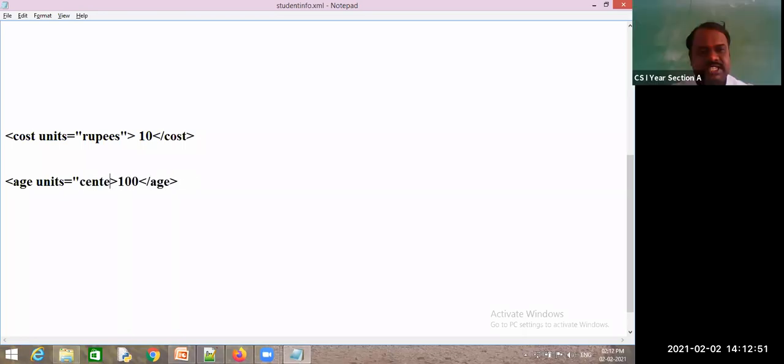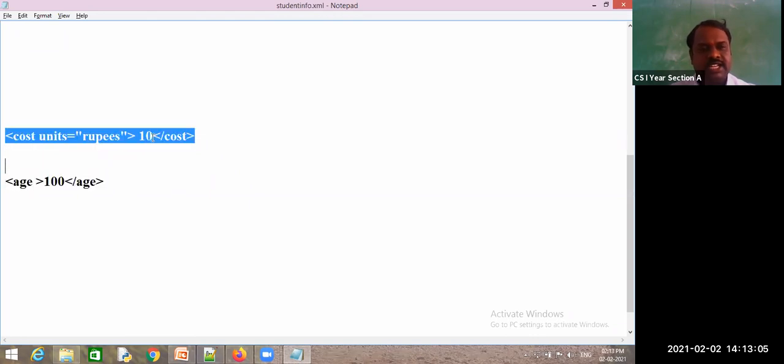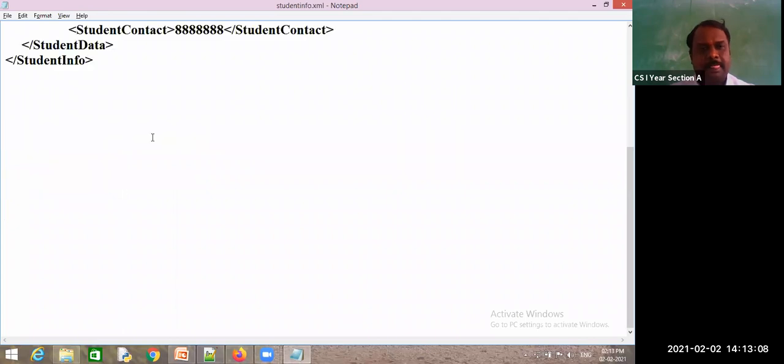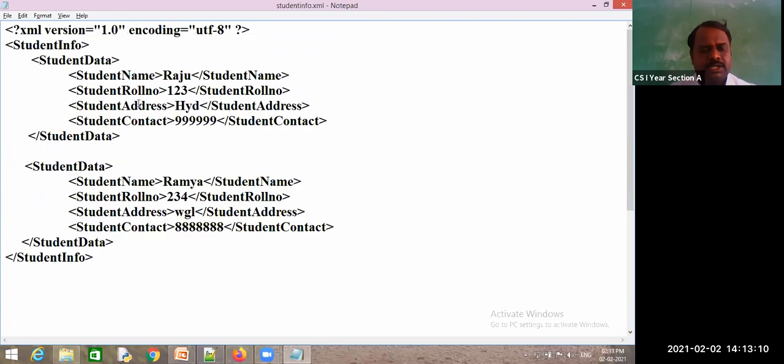If I write centuries, then it will become 10,000 years. So based on these units, this age is changing or not? Is this attribute giving additional information or not? So to give additional information to your tag, we go for attributes.